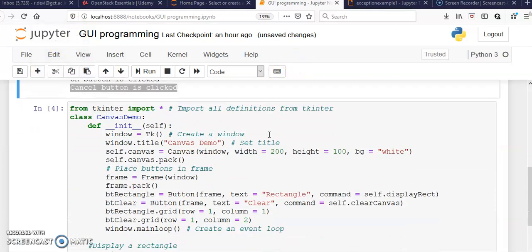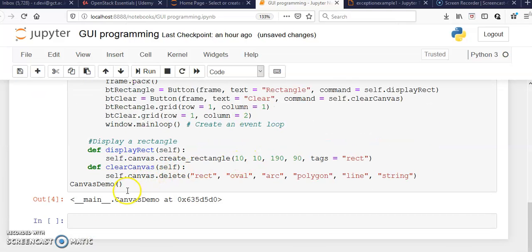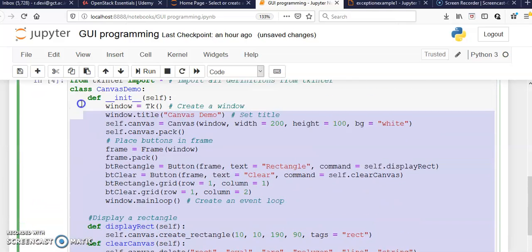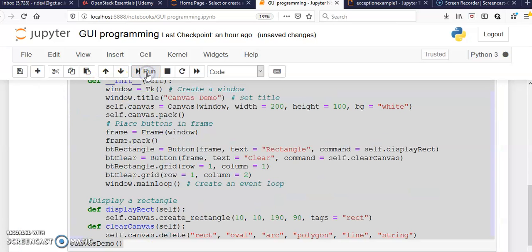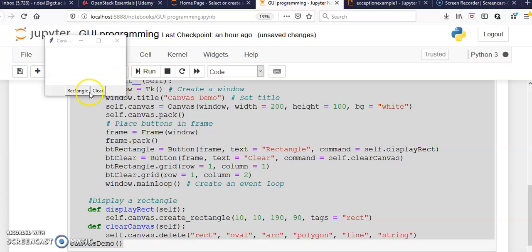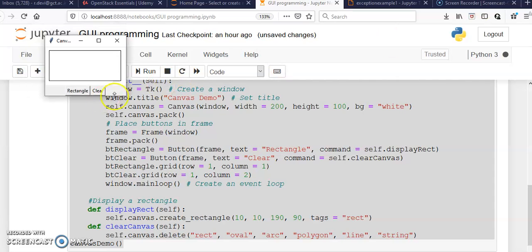Now I am going to execute this particular program. If I press rectangle, a rectangle will be drawn in this window. If you see, a somewhat bigger window. And if I clear this, automatically this will be cleared.